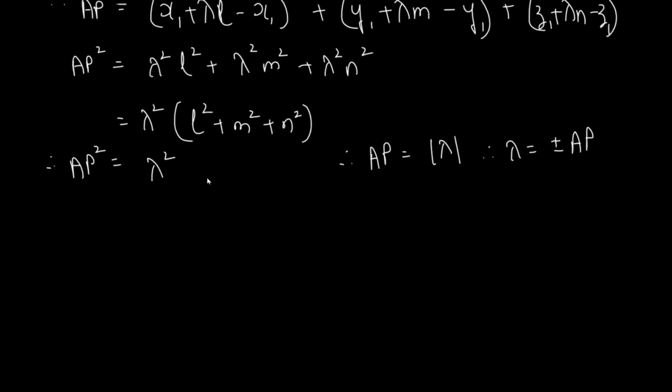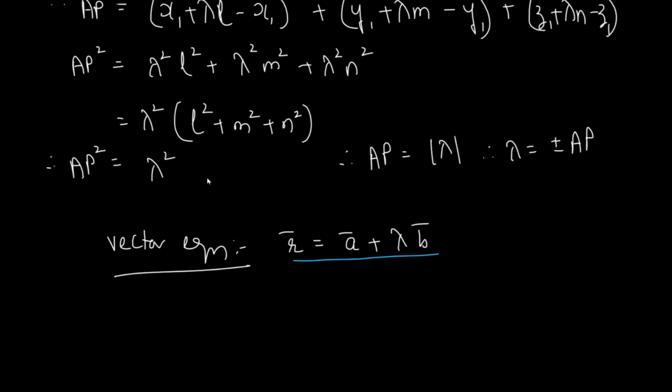So today we learned two main equations of the line, mainly the vector equation of a line. What are the conditions of this particular vector equation? We should have a point on the line and we should have a vector which is parallel to the line. And this vector equation is given as r bar is equal to a plus lambda b. So keep this in mind for the next lecture.